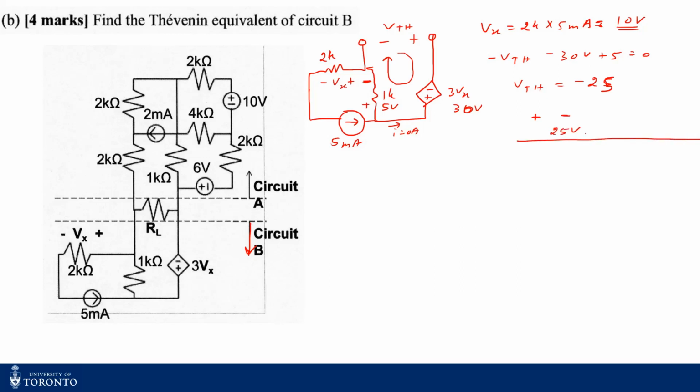Remember, for my RThevenin, I turn off my sources, the independent sources. So if I turn off my independent sources, I end up having a circuit like this. The independent source I have is the only current source, so it will be an open circuit. So therefore,